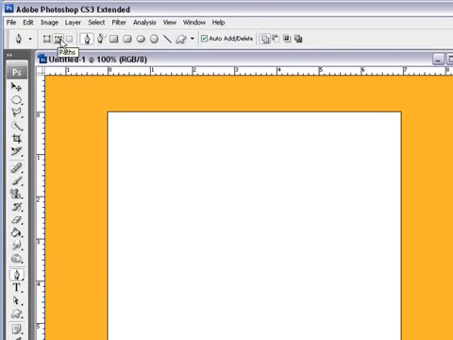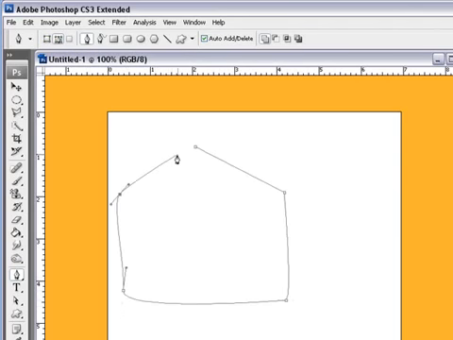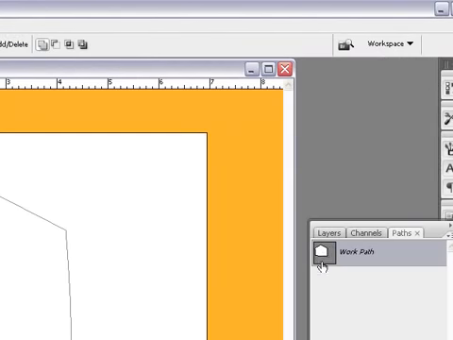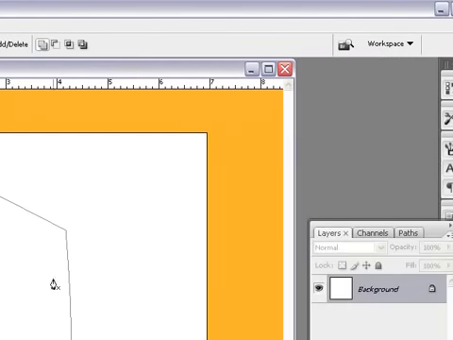Now the paths works different than the shape layer. Shape layer makes you a shape and then you can customize it and everything, but the paths tool, when we click, you'll notice something different straight away, and that is there is no color inside it. We're just making a path, and when we go to the paths layer you can see that we've made a path. So what can we do with this? Well, let's